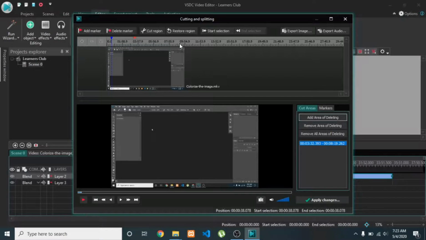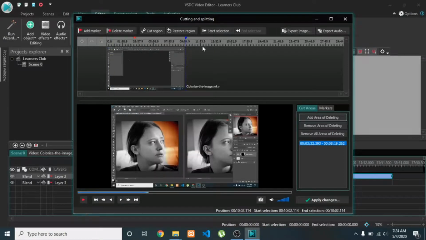What if I want to add a marker in the whole process and I would like to delete it later on? For that I will move this handle to here. For example, I want to cut this region from here to here.